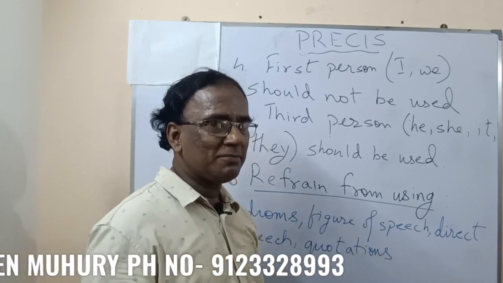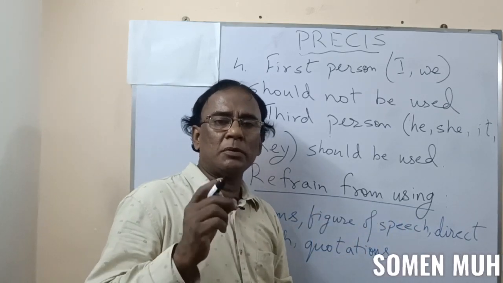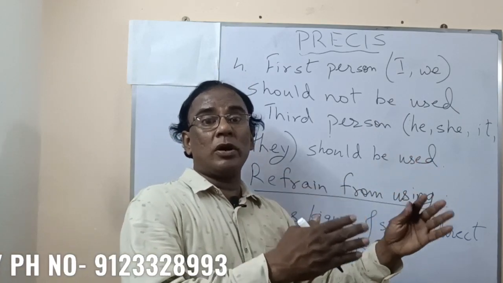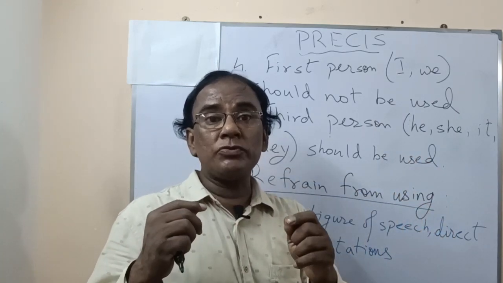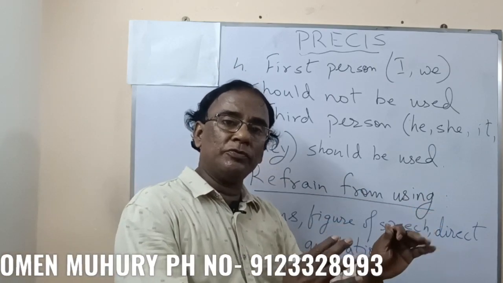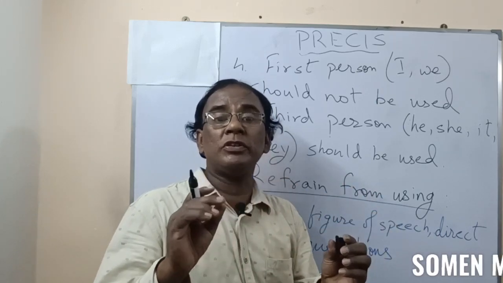You get my meaning? Figure of speech. There are many different types of figure of speech. The most simple ones are simile and metaphor. He is as strong as a lion. That is a simile, because we are using as or like to compare two different things. You have to remove that. You can say he is very strong, but you cannot use a comparison with the lion.